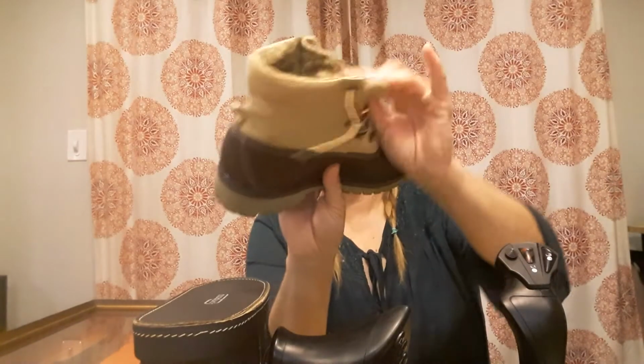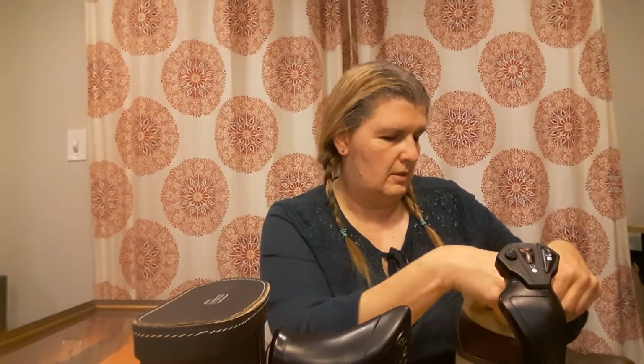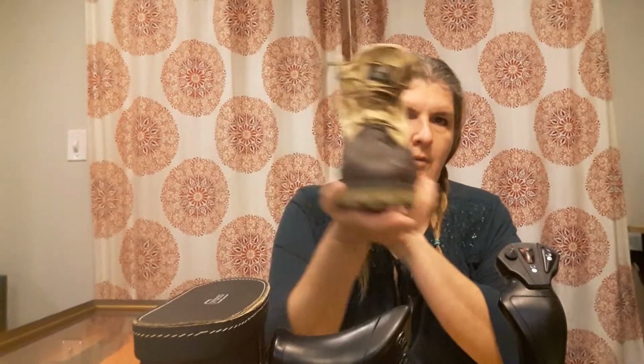They did wear it. It's not brand new because there is a slight indentation, but it's not a crease and the leather is not broken. Both of them are really, really good condition. It has the lip that's attached, not separated, and it's really clean on the inside. The size, I don't even know what size this is. A men's 7. I wish it was a little bit bigger, but still a really good find